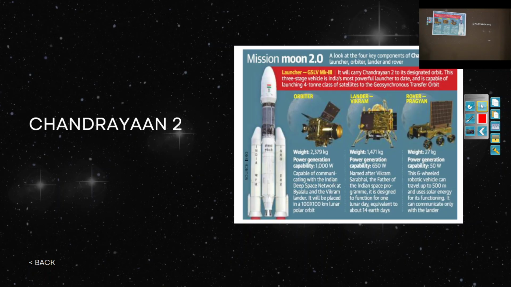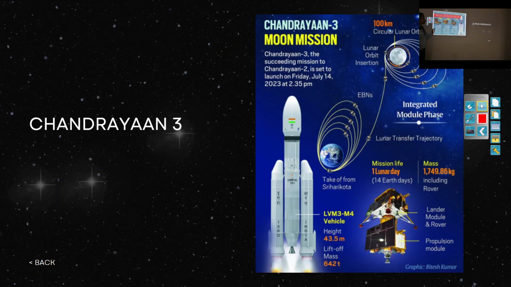So later they launched Chandrayaan 3. Chandrayaan 3 was launched in the year 2023, on July 14th. It touched the moon on August 23rd. Even this had a lander, named the Vikram lander, and the Pragyan rover. Even this collected some data on the moon's surface, and that information was sent back to the earth.